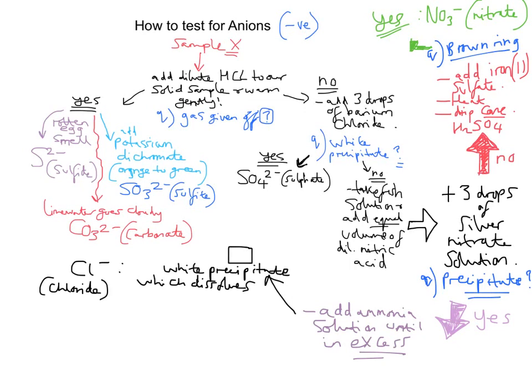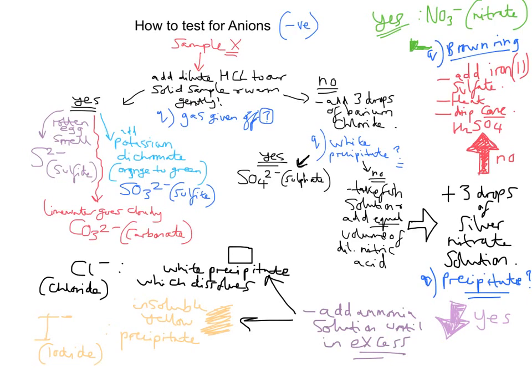If though, when we add ammonia solution until excess, we've got an insoluble yellow precipitate, so if instead we end up with an insoluble yellow precipitate, what we've been able to identify there is the I- anion, and that's the iodide ion,